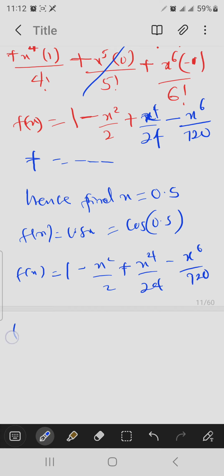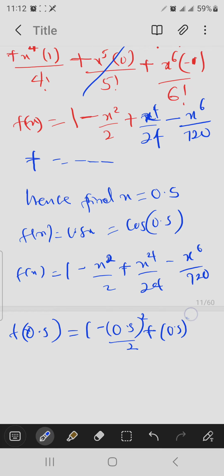So doing this, f of 0.5 will now be equal to what? Please memorize this function, this series for cos x. Memorize this. We are going to do science as well. So this one will now be equal to 1 minus 0.5 all raised power 2 over 2 plus, wherever we see x, we will put in 0.5. That is what it means. 0.5 all raised power 4 over 24 minus